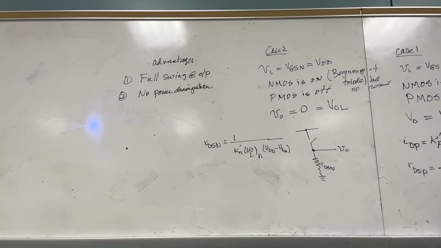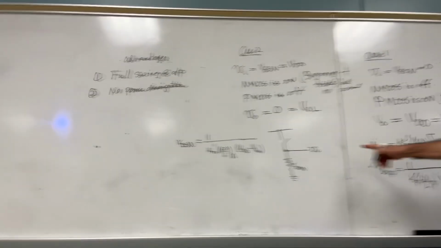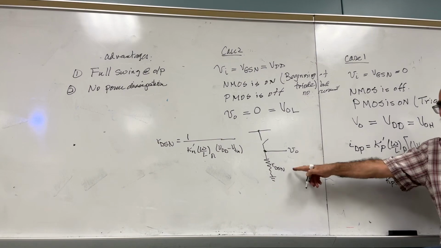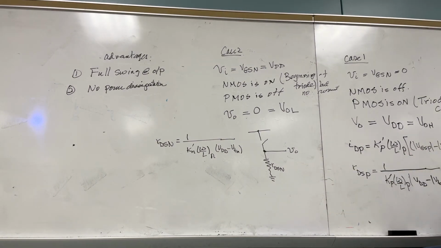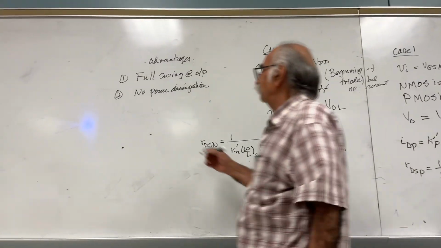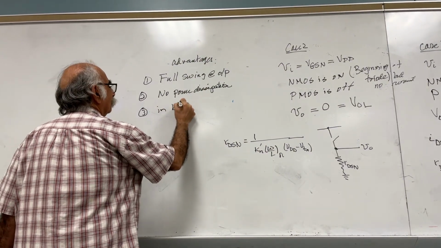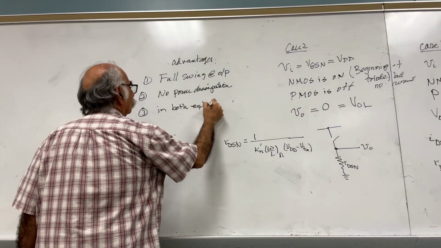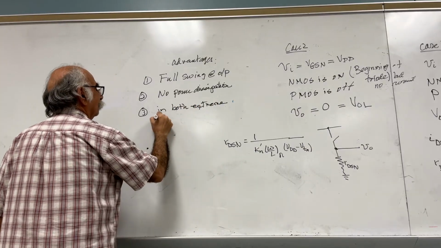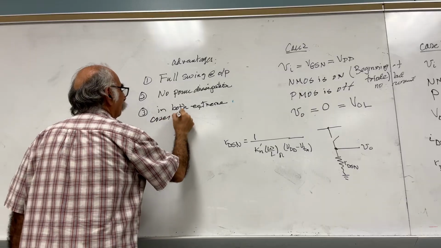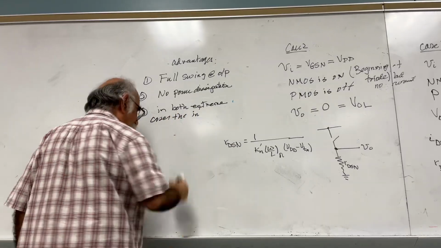Okay. By the way, what is the output resistance here, or RDSN? Big or small? Small. So in both cases, the output